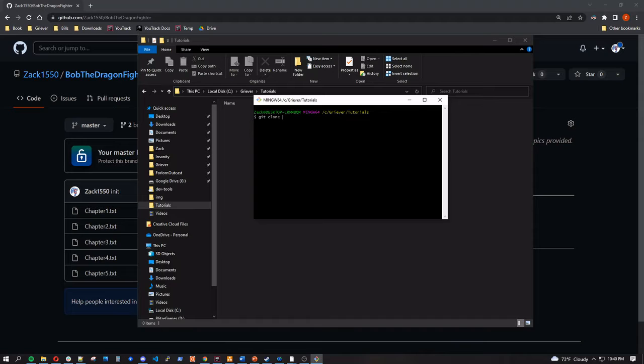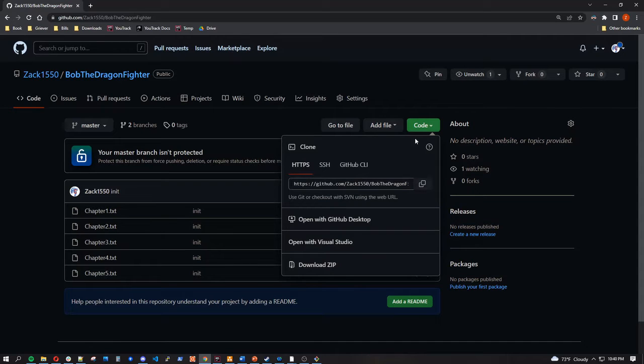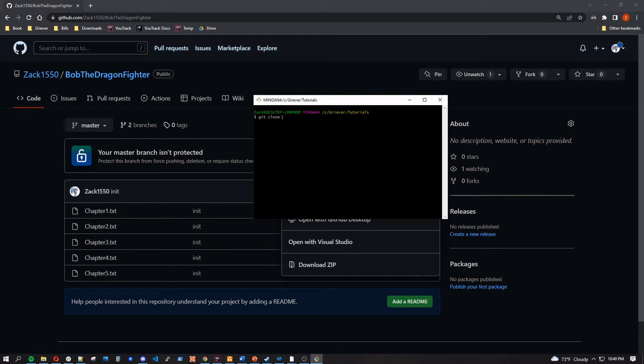Git clone, and now it wants to know, what do you want to clone? If you go to the website, they have a little drop down here, handy dandy copy button. All you have to do is paste that in after the git clone command, right click paste, press enter, and